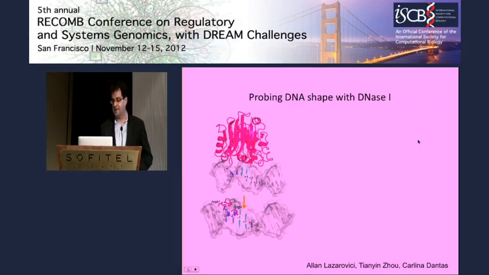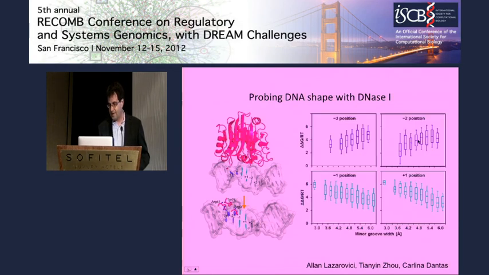The endonuclease DNase 1 has a much lower sequence specificity. Here's a crystal structure shown where the protein binds to the minor groove with a loop that intrudes the minor groove, and there are 2 arginines that intrude the minor groove in this region where we have 2 blue base pairs. In collaboration with Harman Bussemaker's lab and John Stamm's lab, we measured a DNase cut rate for all 4,092 unique hexamers, and we found that in the blue positions, shown here in blue, DNase cut rate increases when